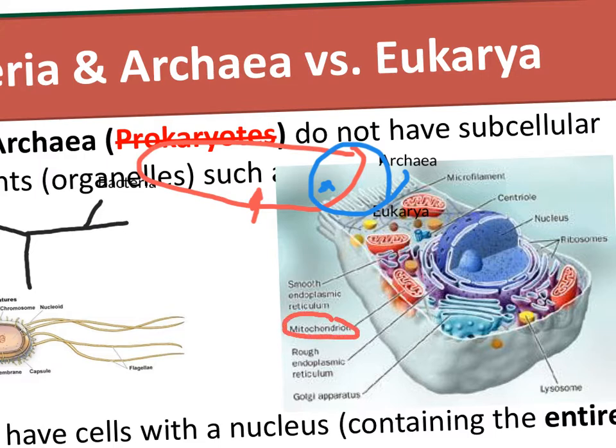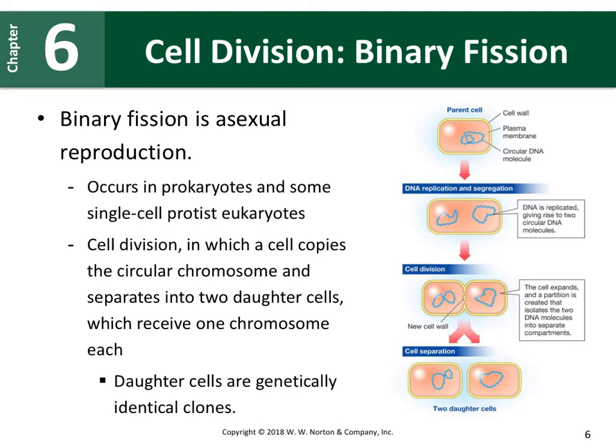It's got a whole bunch of other stuff. It's got ribosomes for turning RNA into proteins, but you can see it's got a lot of things. Okay. You can also have